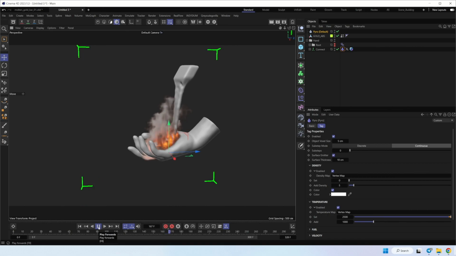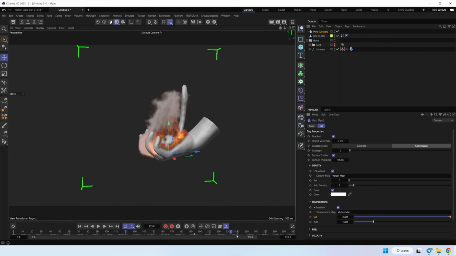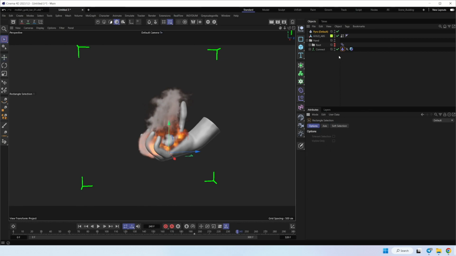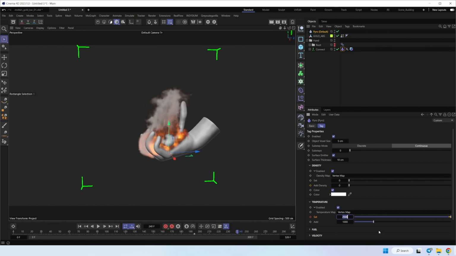For smoke and fire, maybe on this frame, we add keyframe there and there. Go to 240 and remove all, sorry, not this one. Set to 0 because we want to turn off all this stuff.